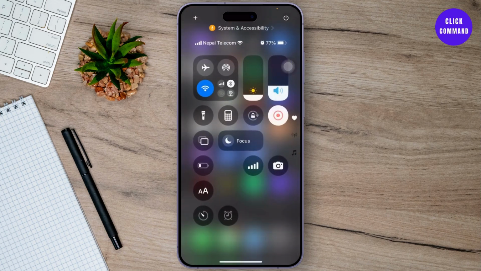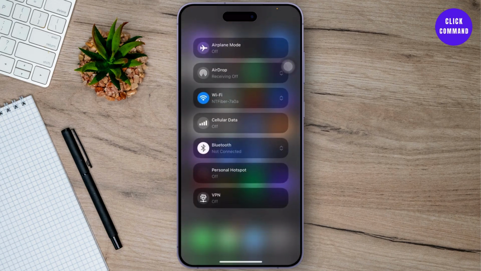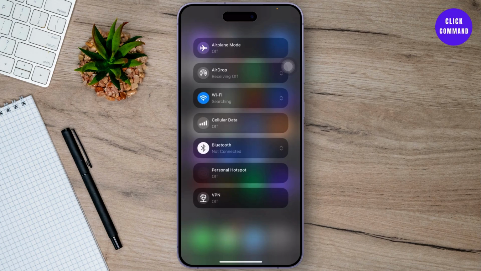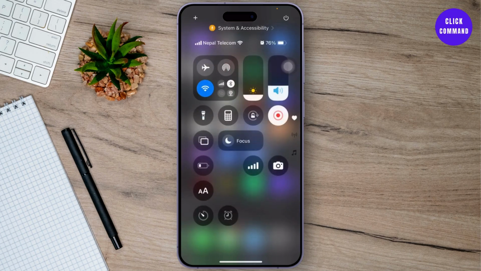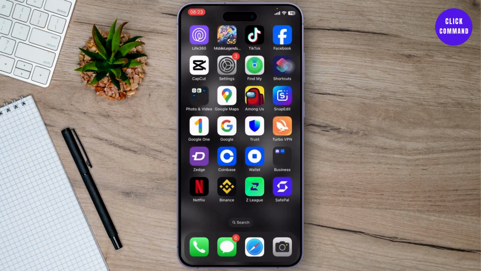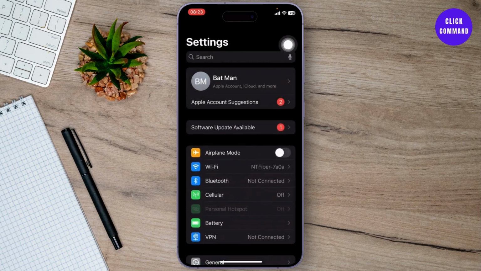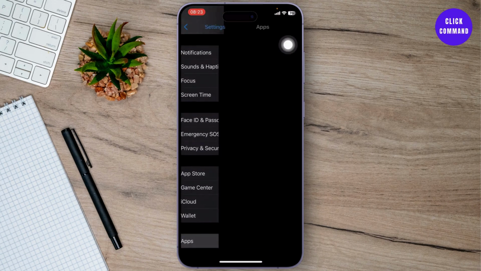First thing you'll want to do is make sure that you have a strong internet connection. You can simply head over to your control panel. You can turn on your airplane mode and turn it back off after a few seconds. Make sure that you're connected to your Wi-Fi, and if Wi-Fi is your problem, you can turn on your cellular data too. Now after you do that and make sure that you have a strong Wi-Fi connection, try again to get the verification code. Check your mail,